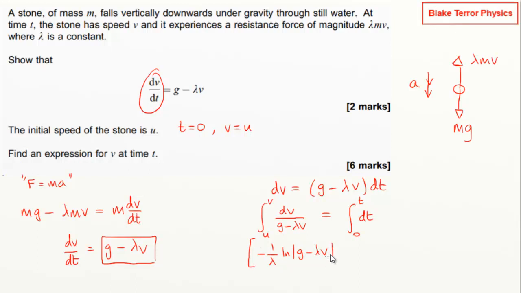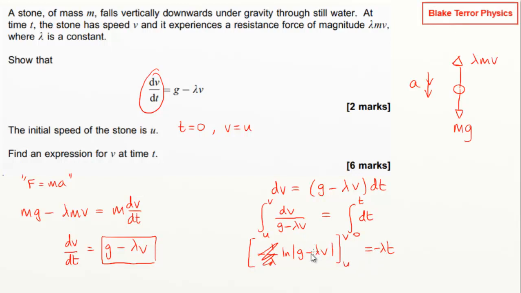That's our integral on the left hand side, and this is why you need to be pretty slick at doing your calculus. That's between u and v, and then that is going to be equal to t. I'm running out of space here, rather annoyingly. The 1 over lambda bit is just a constant that's going to appear throughout the left hand side, so we could just shove that onto the other side straight away, because it's going to appear in both of our terms when we fill in our u and our v. So let's get rid of this and put it over here, minus lambda t,